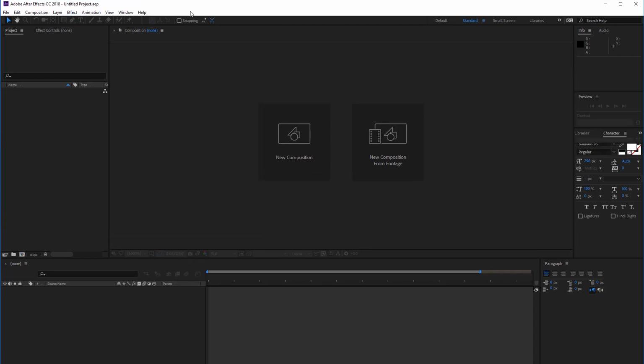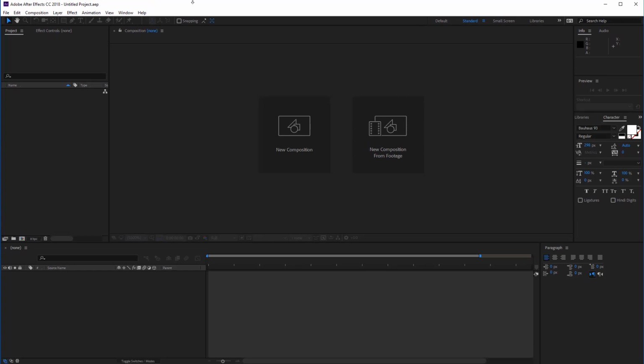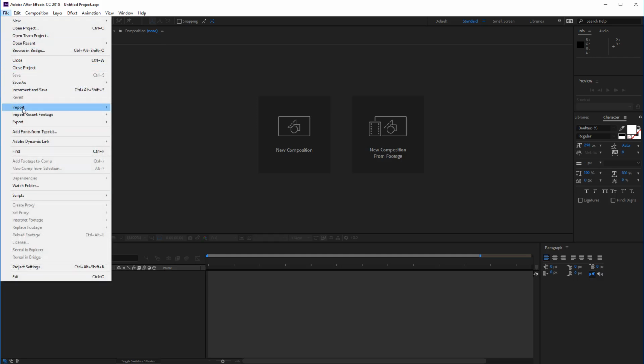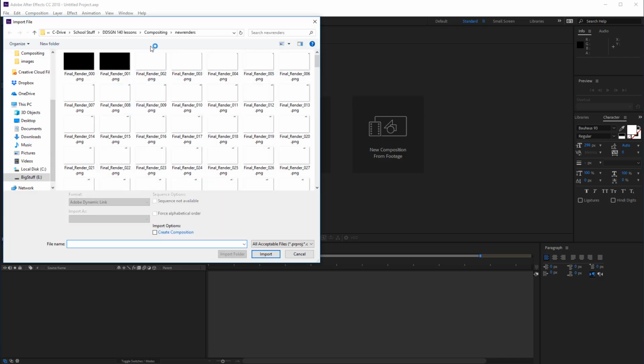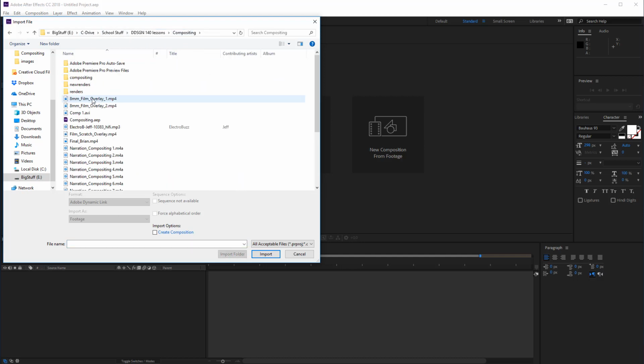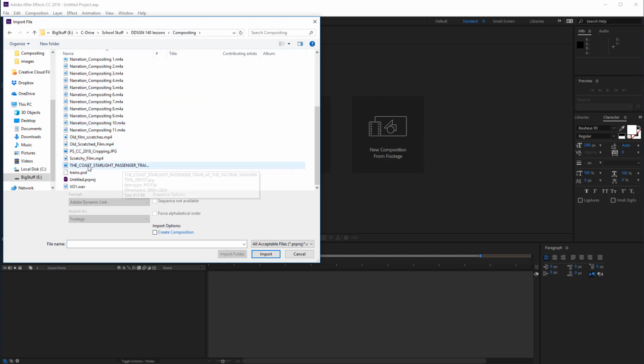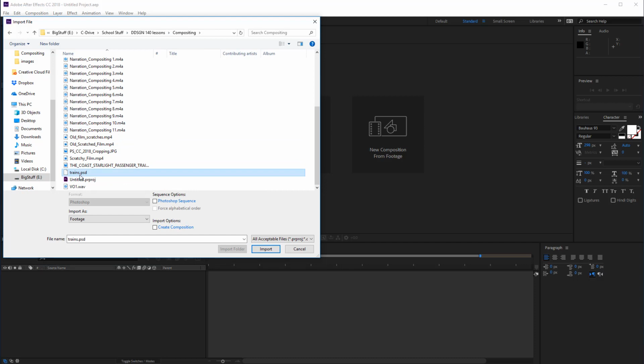You're welcome to use any version of After Effects because this is all going to be the same process. In my program, I'm going to go File, Import, and choose File. I'm going to navigate, here's all my renders, made a little render folder, into my spot where I had my train stored at, trains.psd, and I'm going to import